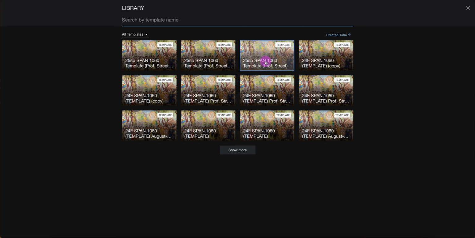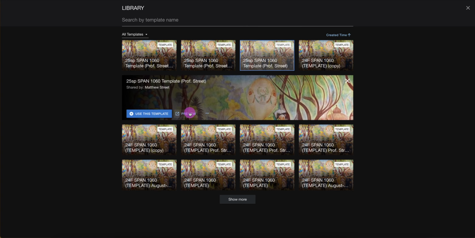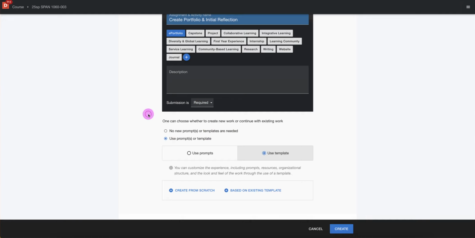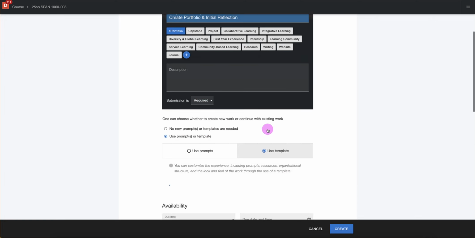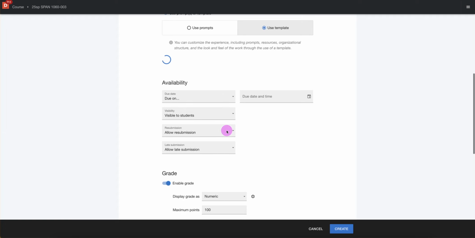So I'm going to select the template that I'm going to be using for this course. I can preview it, I can edit it, I can do many things within here, but this is the one that I know for sure is the one I'm going to use. So I would select use this template. And then after it finishes loading here,